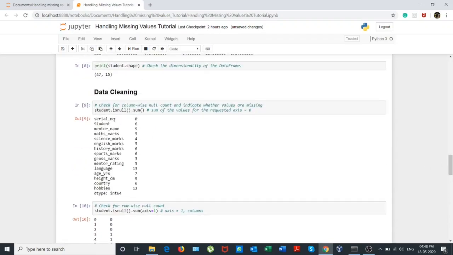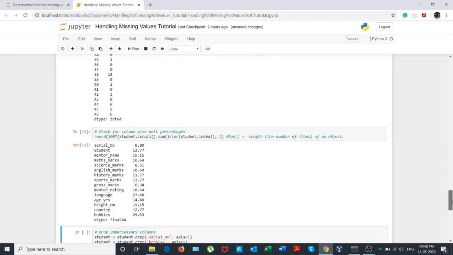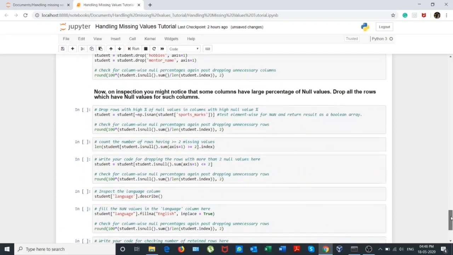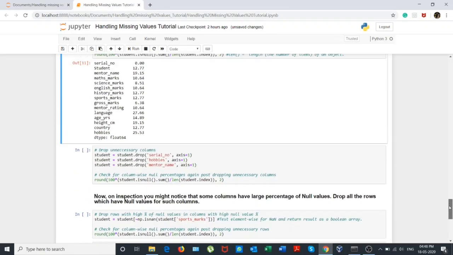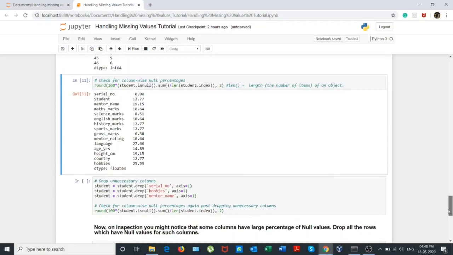So suppose for an example, we have divided 6 by 47 and it comes somewhere around 12.77, and for each and every column we have done null values divided by total length of the data frame, which will return us these values, column wise null percentages.